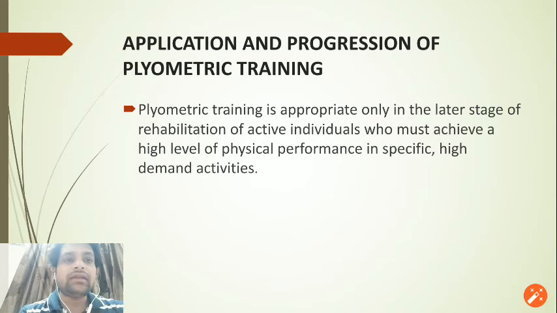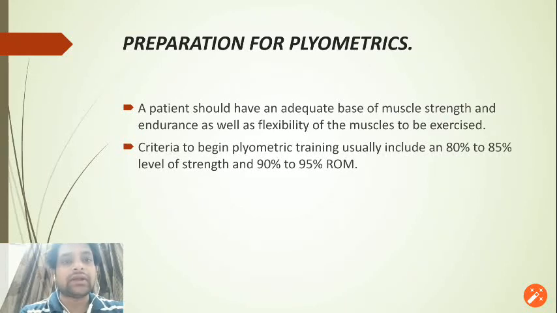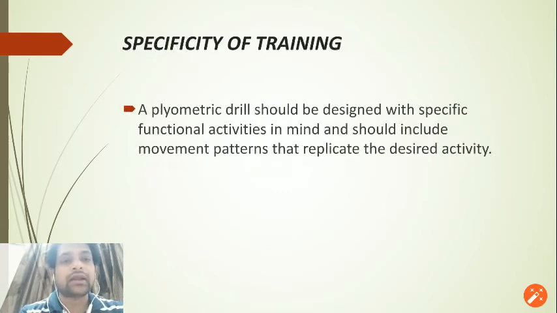Plyometric training is appropriate only in the later stage of rehabilitation of active individuals who must achieve a high level of physical performance in specific high demand activities. In preparation for plyometrics, we as therapists should check for an adequate base of muscle strength, endurance and flexibility of the muscles to be exercised. Criteria to begin plyometric training usually include 80 to 85% level of strength and 90 to 95%